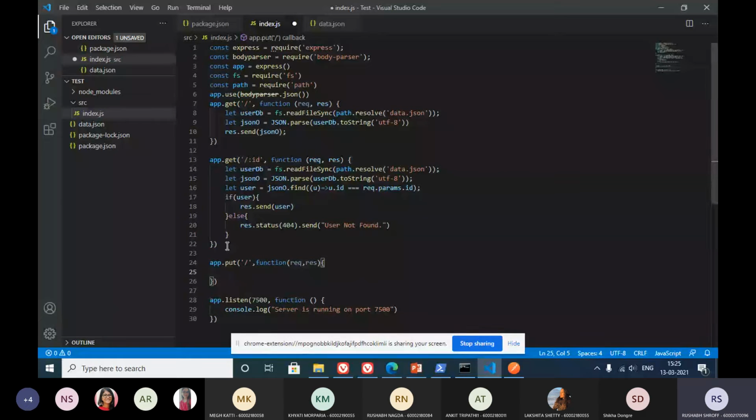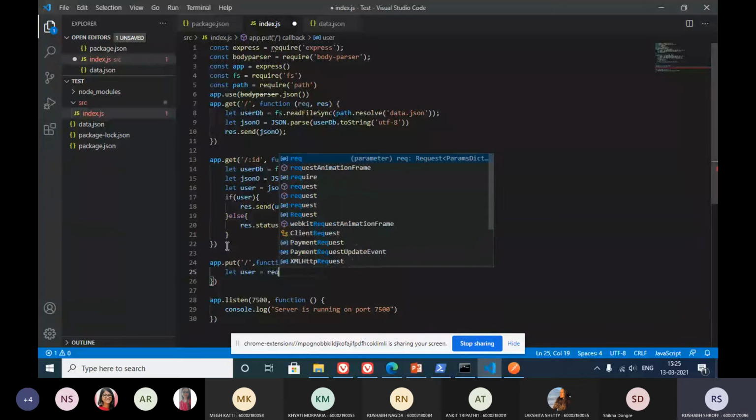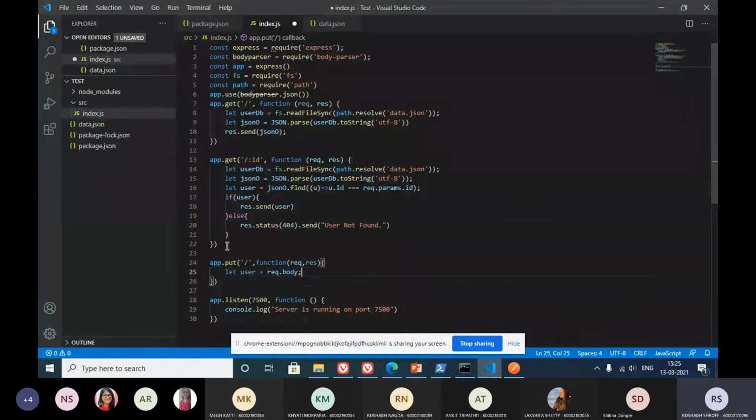So now what we are going to do is assume that we are going to receive the entire user object inside our body. So let's say let user equals request dot body.